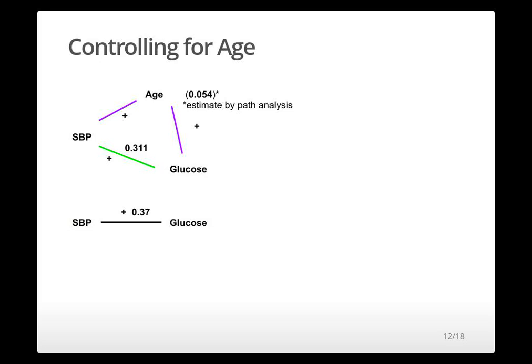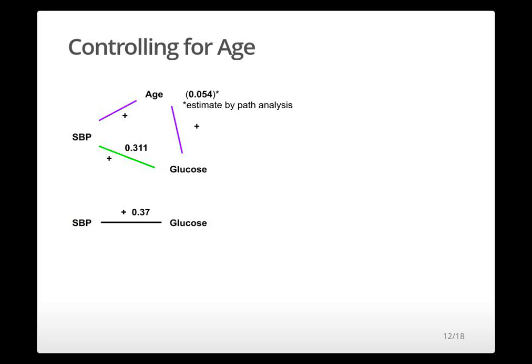As shown in a previous slide, the regression analysis of systolic blood pressure on serum glucose and age indicated that, among the people at the same age, on average, an increase in systolic blood pressure by 0.31 corresponds to a unit increase in serum glucose. A special statistical method called path analysis shows that through age, an increase in systolic blood pressure by 0.054 corresponds to a unit increase in serum glucose.